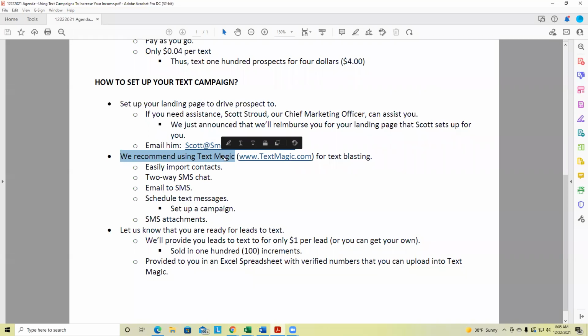All right, so as far as the recommended vendor, and again, we have absolutely no financial interest in them. We've tried a variety of different software. We really like Text Magic. Now, some of you are already working with Scott. You have your CRM set up, and you're saying, well, wait, I have Text Campaign within the CRM. That's correct. But normally you would use that for those that are already a prospect, not just a lead, using that terminology.